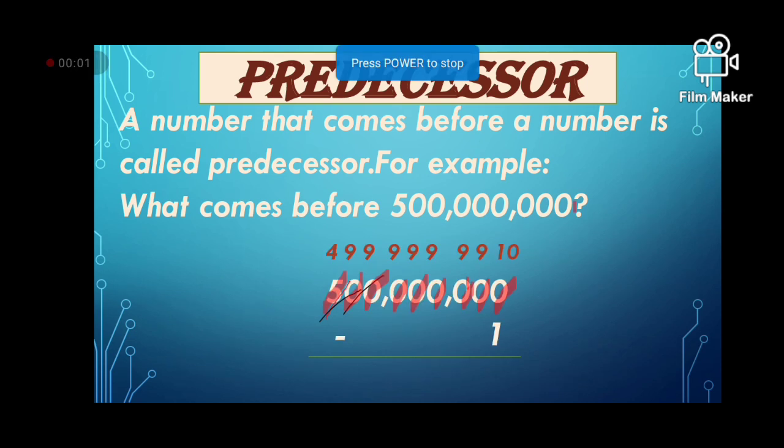Now let's subtract 1 from 1's place. 0 minus 1, we cannot subtract 1 from 0. We will borrow the number 1 from the next number, but the next number is also 0 and we have zeros. How many zeros? We have